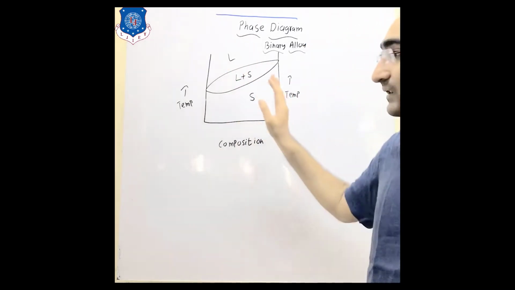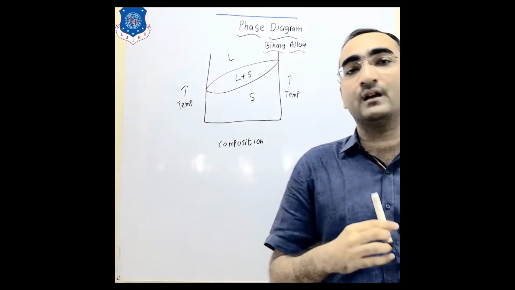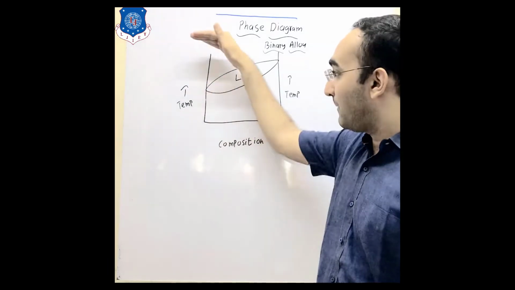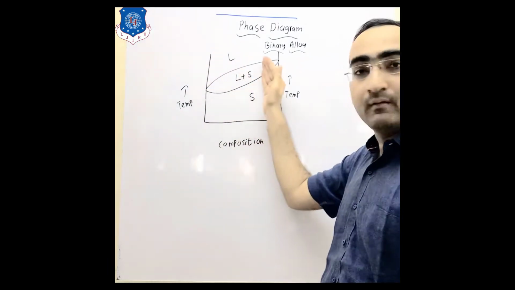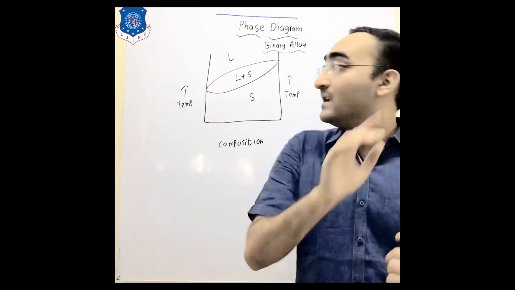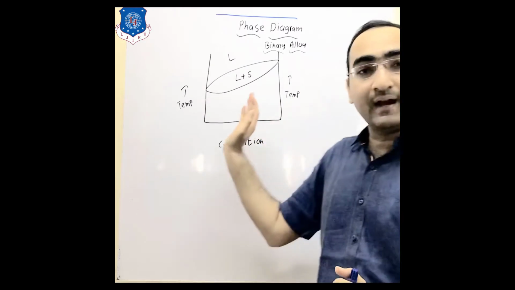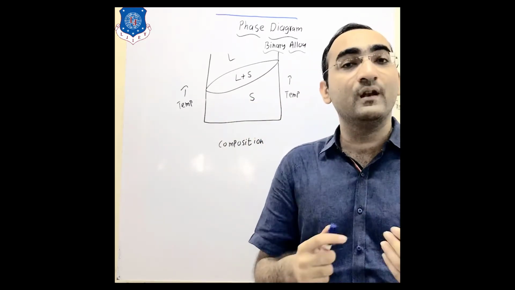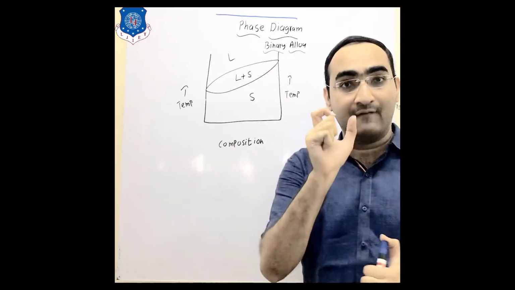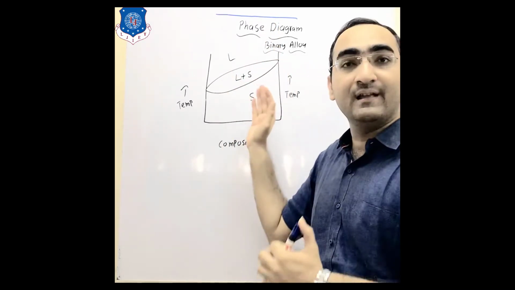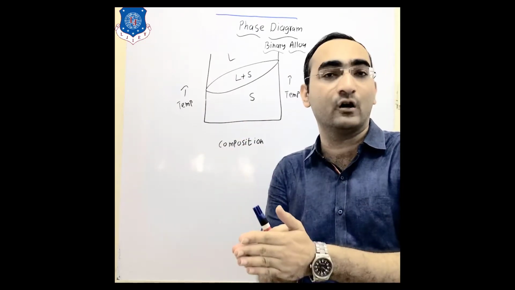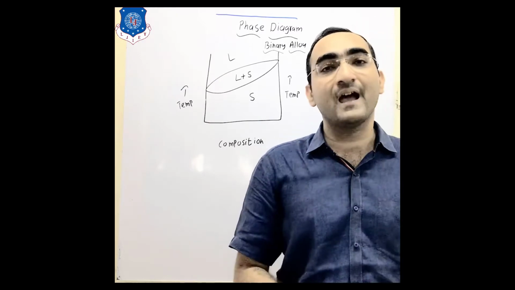That means we have divided it into three regions. When a liquid is cooled down and the temperature is lowered, it gets converted into liquid plus solid. There is a certain area which we have seen in our cooling curves. This phase diagram is always made up from the cooling curves. By plotting the cooling curves, we will get the phase diagram. So in this lecture we will see how from the cooling curves we can plot the phase diagram.